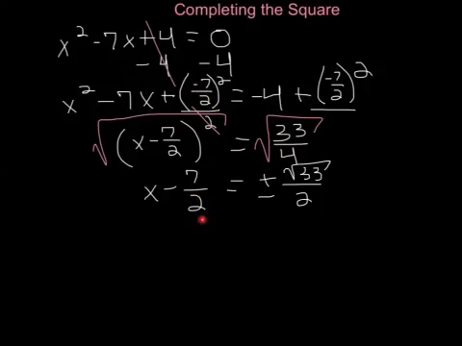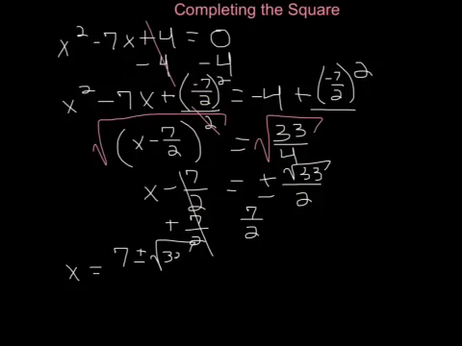Notice again that the denominators should always match up. Once you take the square root, this is over 2, and now this is over 2. The last step to solve for x is to add 7 over 2 to both sides. That leaves us with x equals, we're going to write it as 7 plus or minus radical 33, and that's